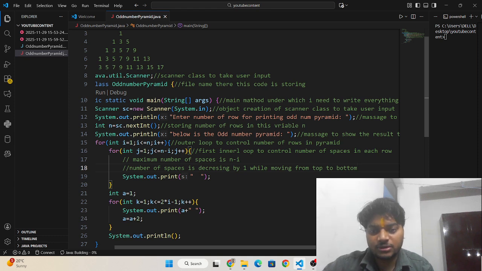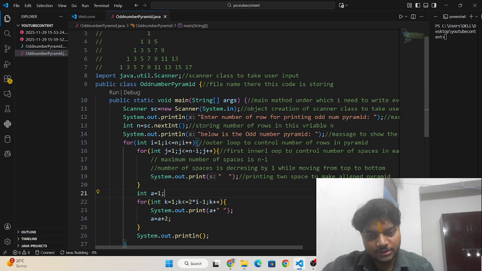This is the logic I have written here, n minus i, to print the number of spaces in each row. And this is printing two spaces to make a pyramid.